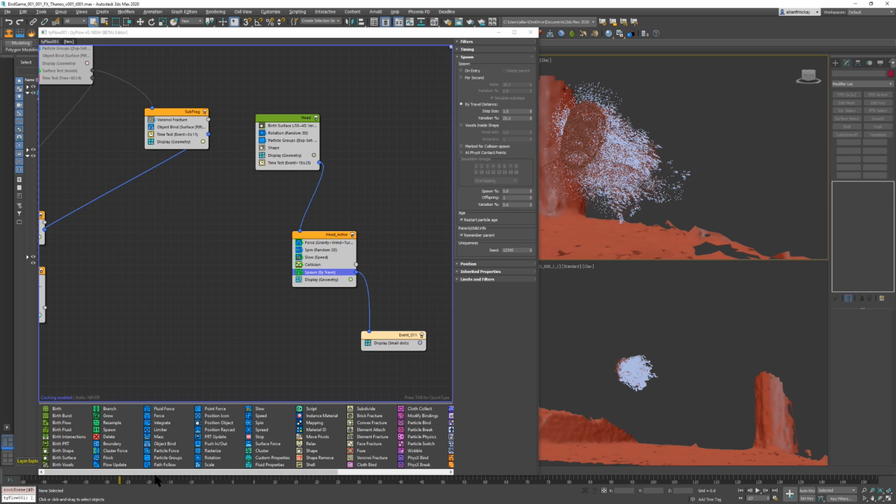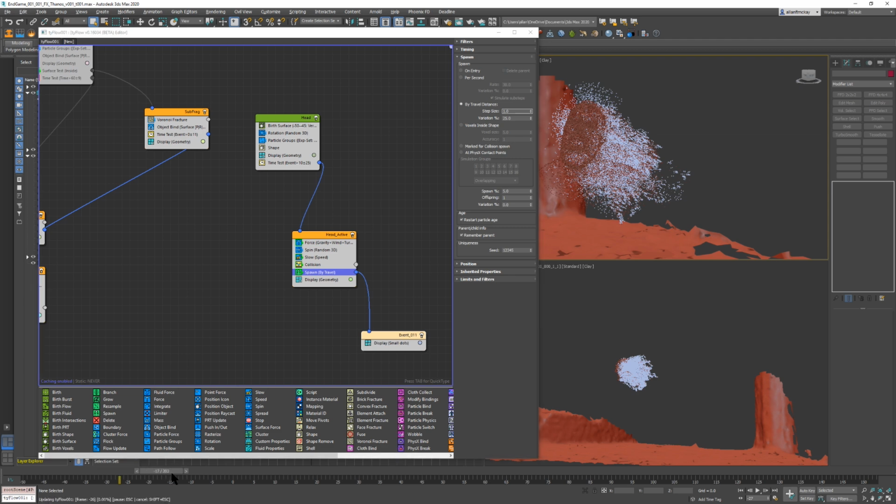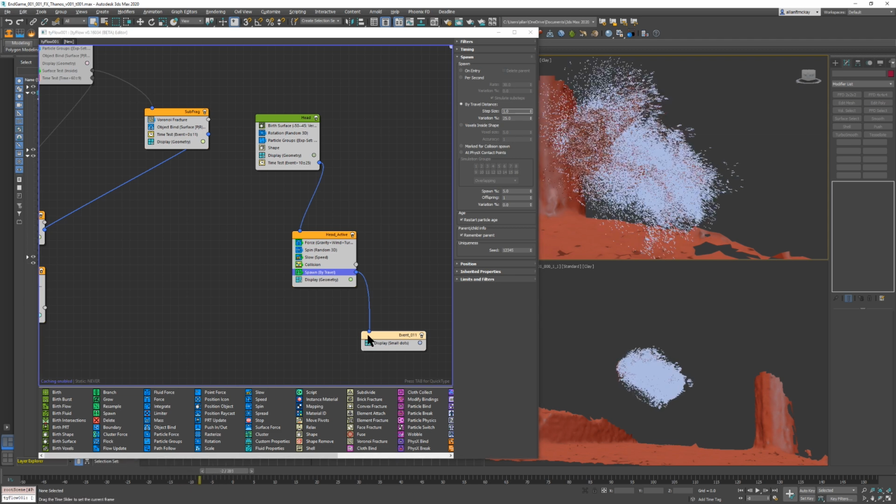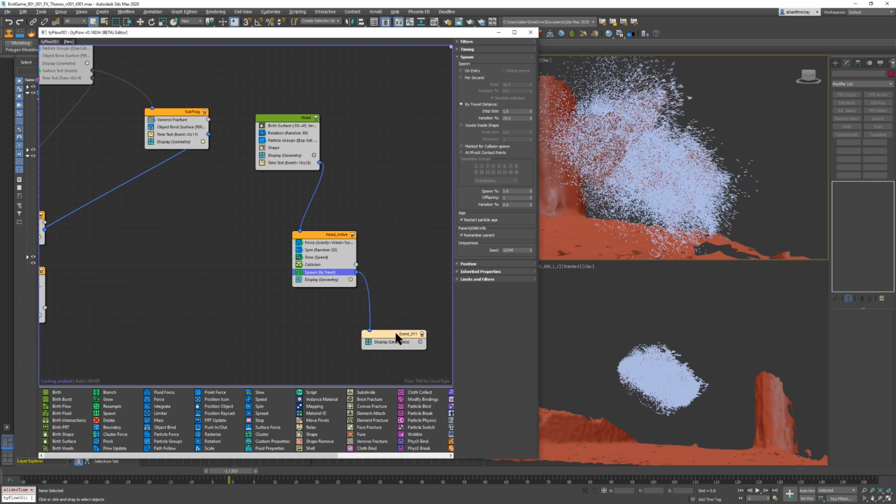So from here, if we scrub through, we're generating more and more particles as these fly away. And they're going to this event, which currently doesn't have any behaviors set up, but it's doing its thing. So what we can do on top of that, I can go inherit,